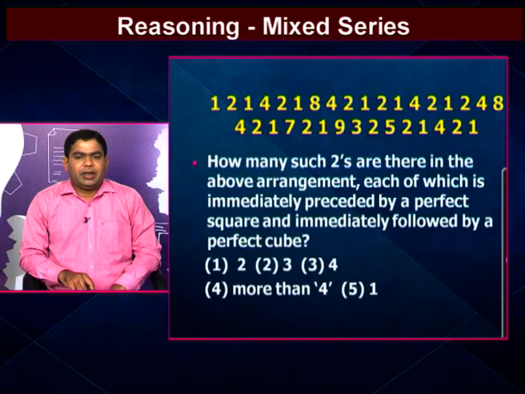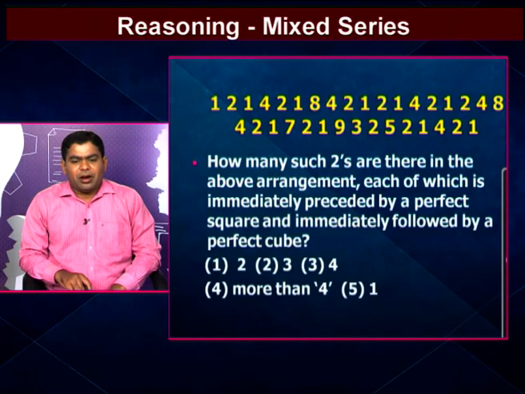The least perfect square is 1. 1 is also a perfect square as well as a perfect cube. Perfect squares are 1, 4, 9, 16. These are the perfect squares. Perfect cubes are 1, 8, 27 and so on. In our given series all are single digits. At least we should remember up to 10 the prime numbers, odd numbers, even numbers, perfect squares and perfect cubes.